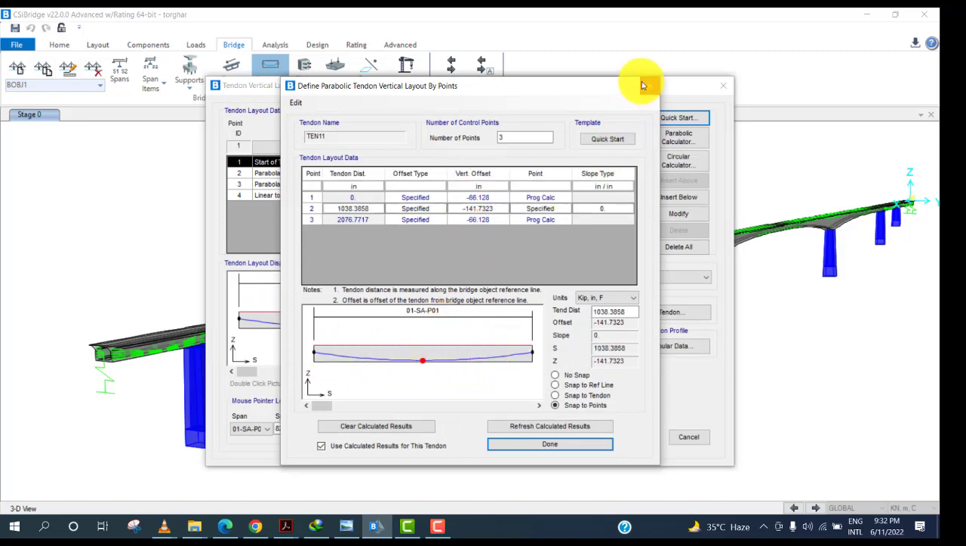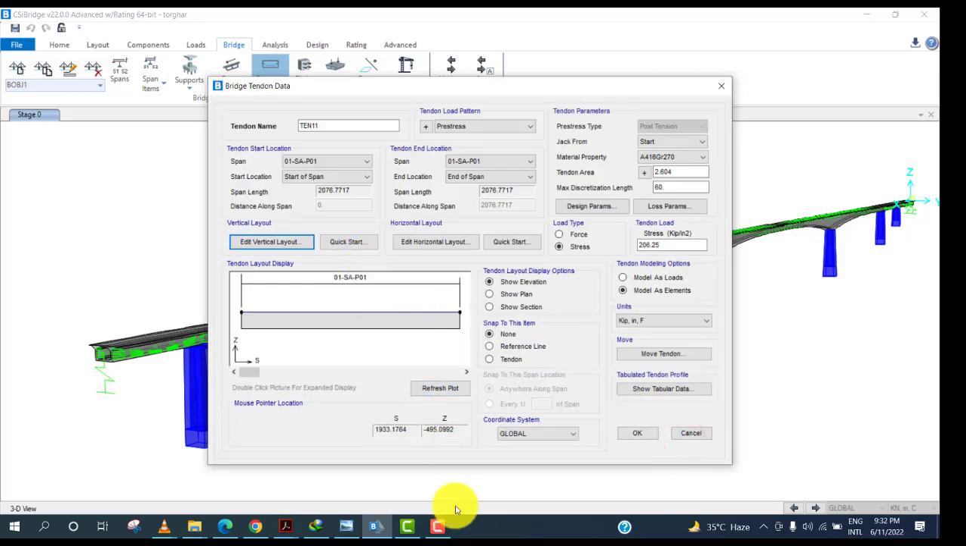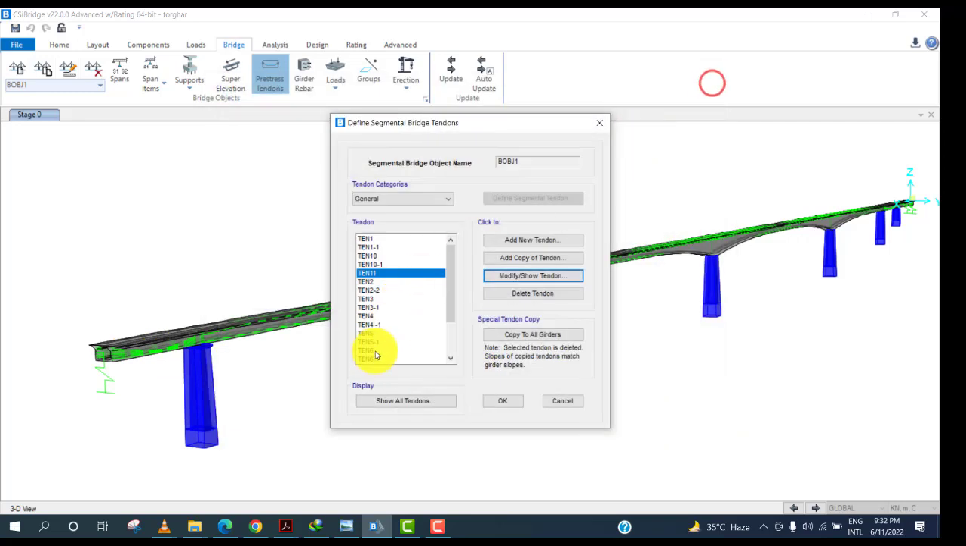But in this case, I am not going to use the automatic profile because in the drawing we are given the profile which we are going to use. So I will use the drawing for the calculation of tendon profile. I had already defined the profile for this span, so I will show you how I have defined that. So this is the tendon number 7, for which this is